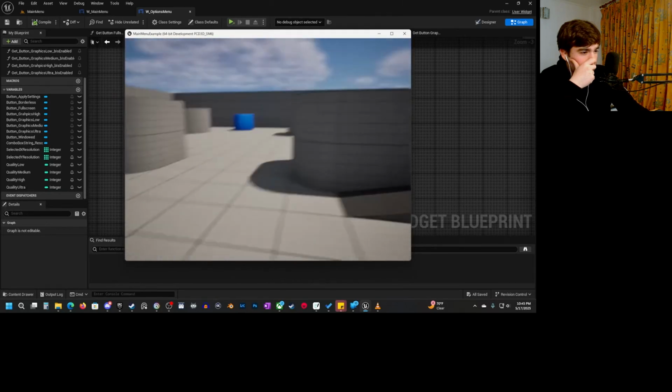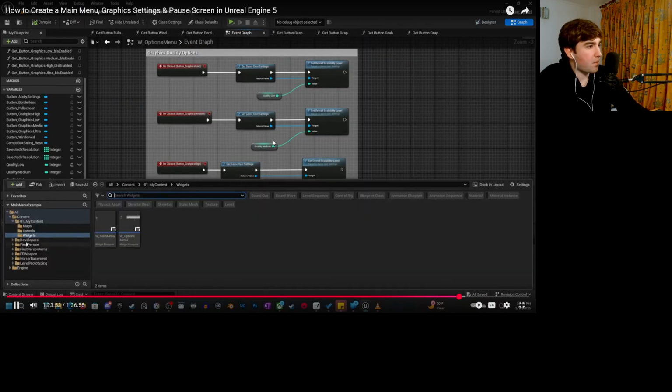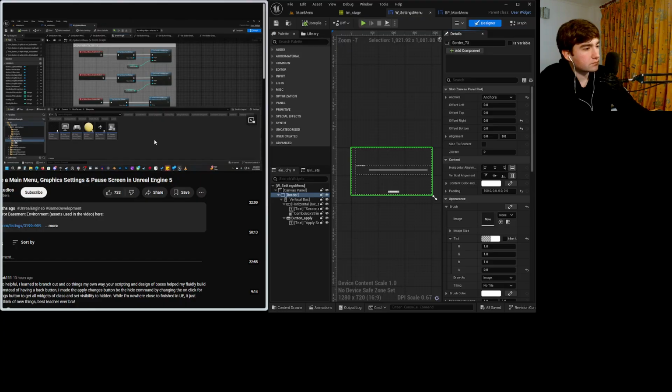So now we're going into the game. This is good, but we don't have a way to bring that menu up in here. All right, so we need to do that now. The first thing that I want to do is I want to get our actual player blueprints. So in that case, that's just the